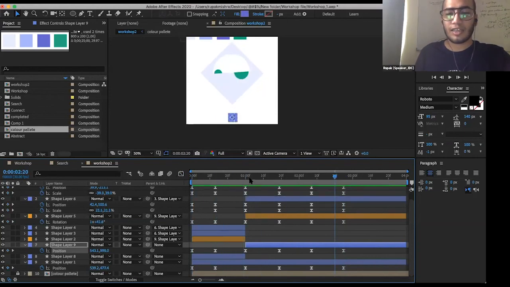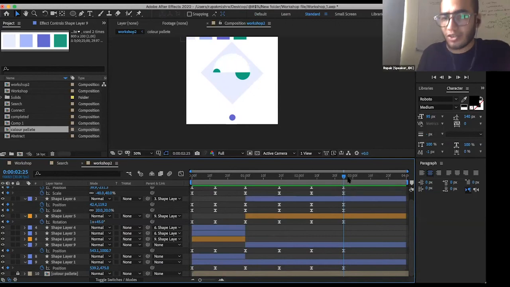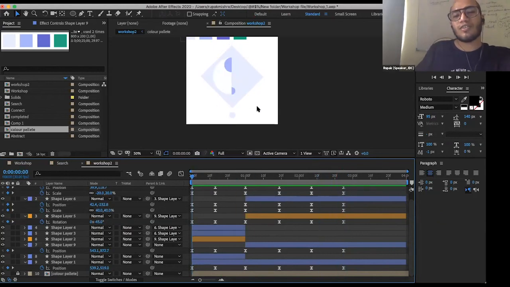See, the thing is that I have created a simpler animation with no loop. If you want to create a looping animation of this kind, in the same way, you can adjust a keyframe so that it goes back to how the first animation was.